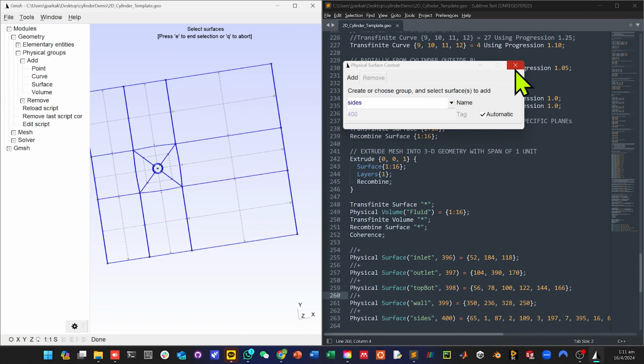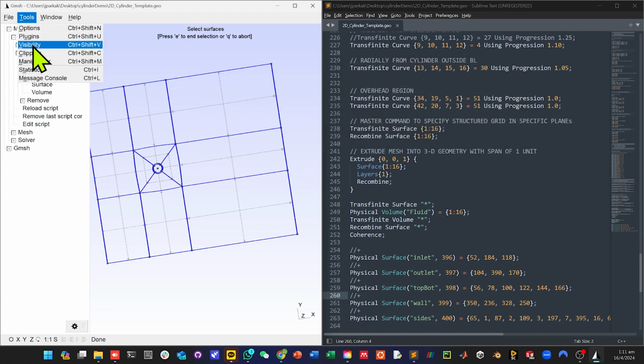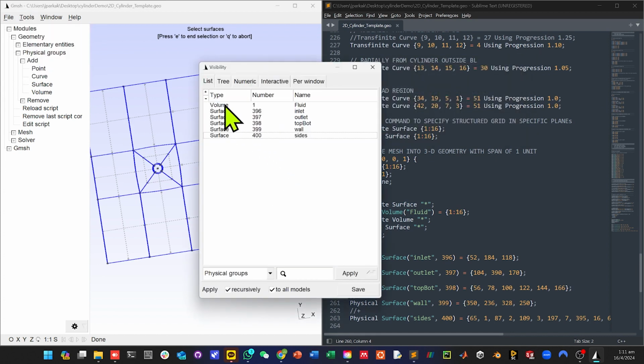Now let's go to Tools, Visibility, and now we have the volume from before, but also 1,